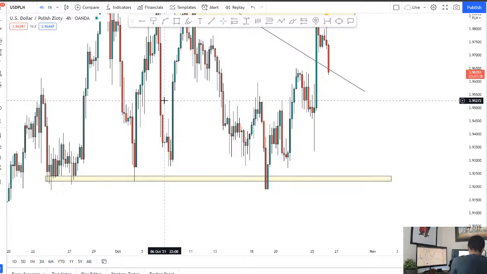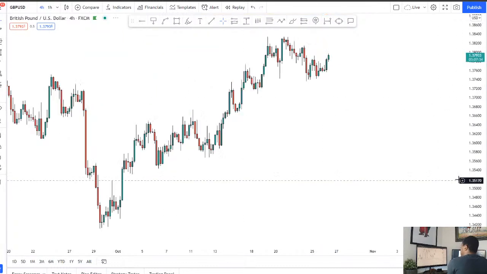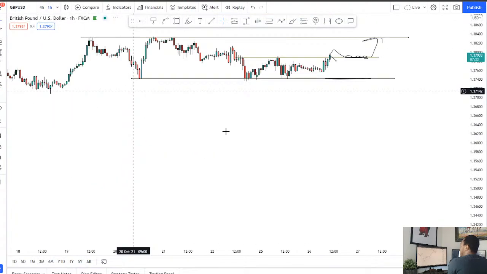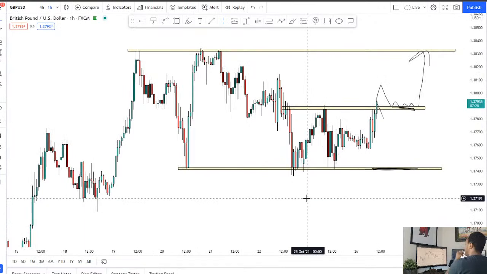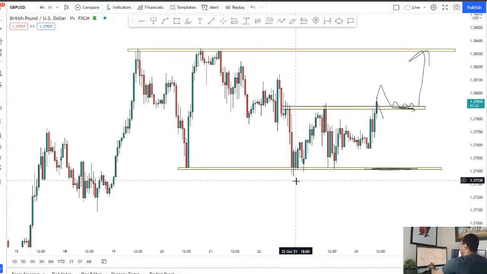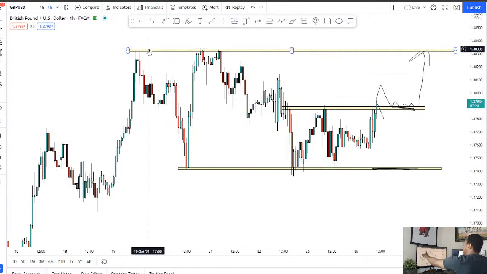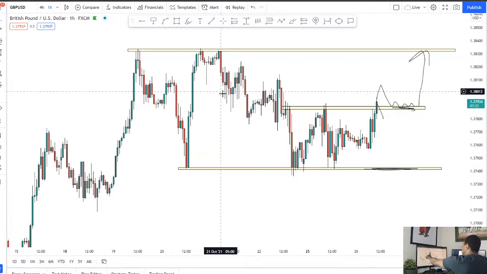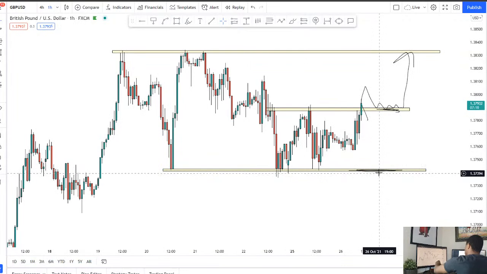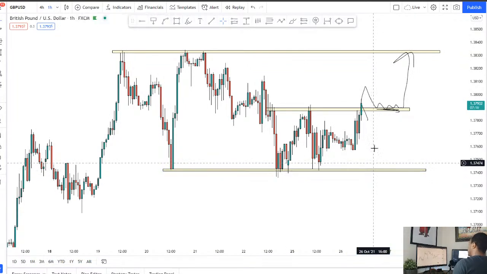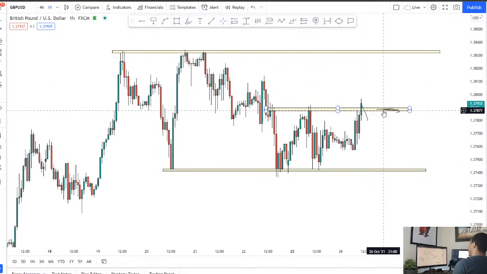Yeah, sure thing. I just did gold, so I'll move on to pound USD. But yeah, for pound USD, like I was saying, go back into the hourly chart. The price is in a little bit of a range here. If you take a look at the bigger picture, zoom out of the hourly, we've got key resistance here where price tested one, two, three times, and the key support we've got tested one, two, three times as well. So we've got a key zone of resistance and support